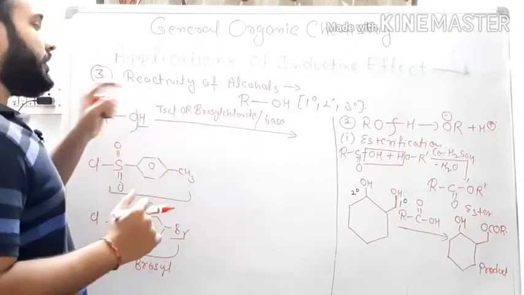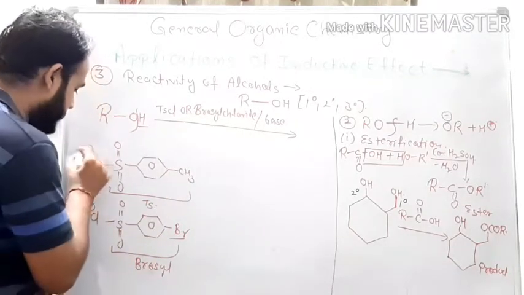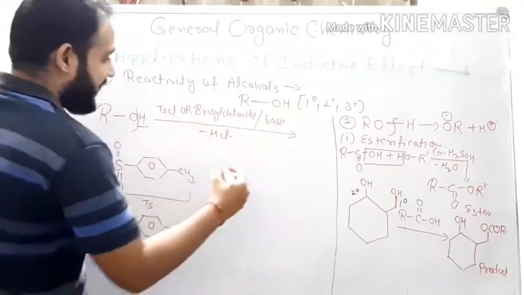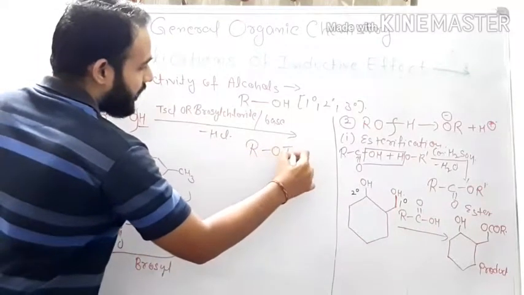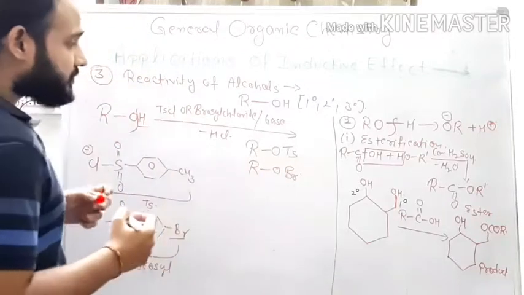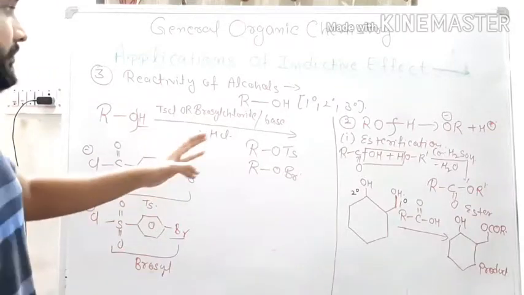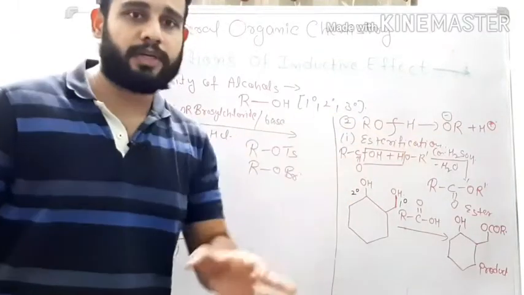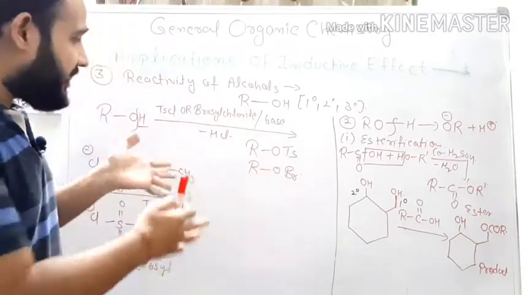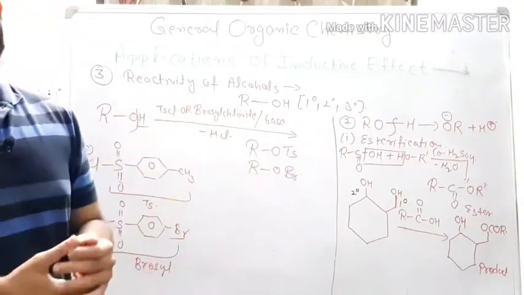So we use tosyl chloride or brosyl chloride. So it will act as cation and it will remove Cl as an anion. So this Cl anion can bind with H and removal of HCl occurs, and you have tosyl alcohol or brosyl alcohol as a product. Okay. So this one is also an example of this reaction in which the oxygen and hydrogen bond is cleaved. Okay, so these are some examples of your alcohol reaction. We will further discuss these reactions in the reaction mechanism topic.